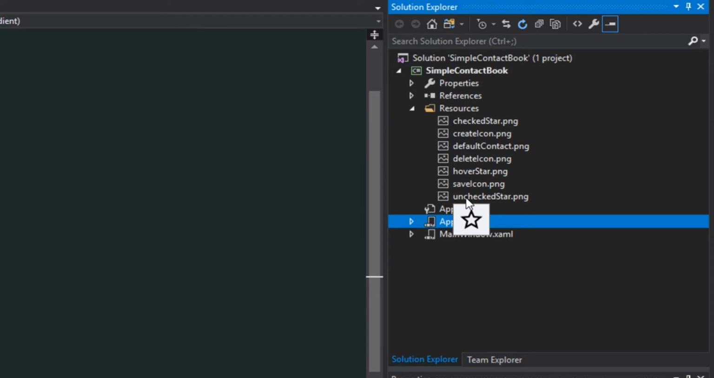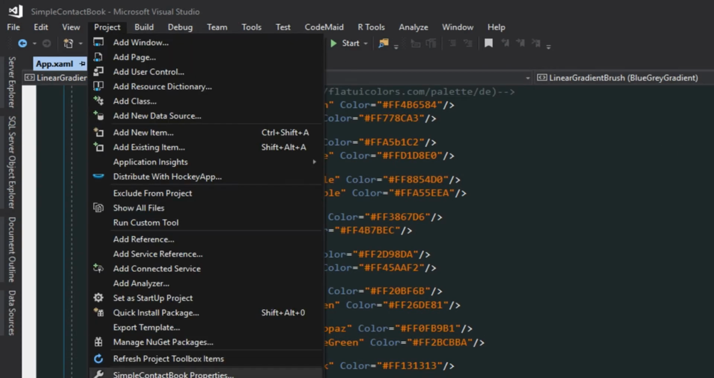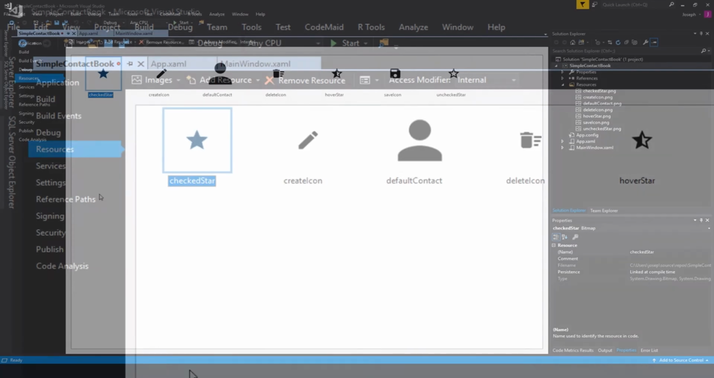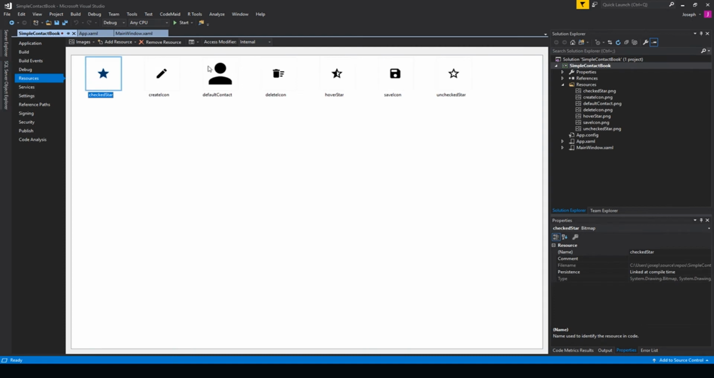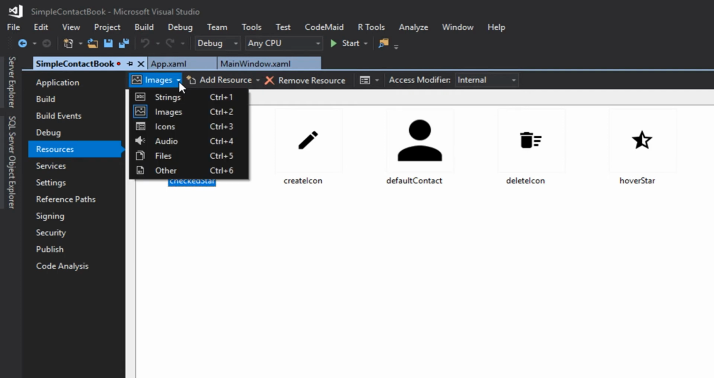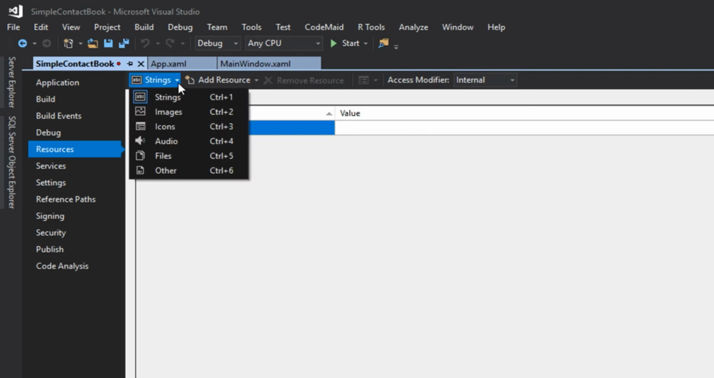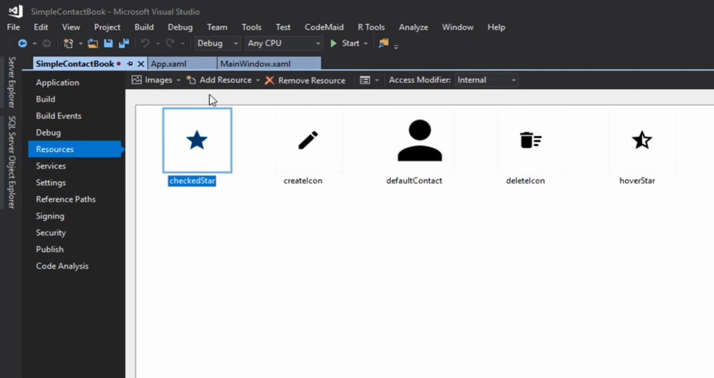Now if you want to add these, you want to go over here to our project and go to Properties. And then here you'll see we have all of our images. If you go over here to the left, you'll see resources. You want to click that, and let me zoom in a bit. And then up here you will see strings. It'll start off like this most likely, and you want to click this,